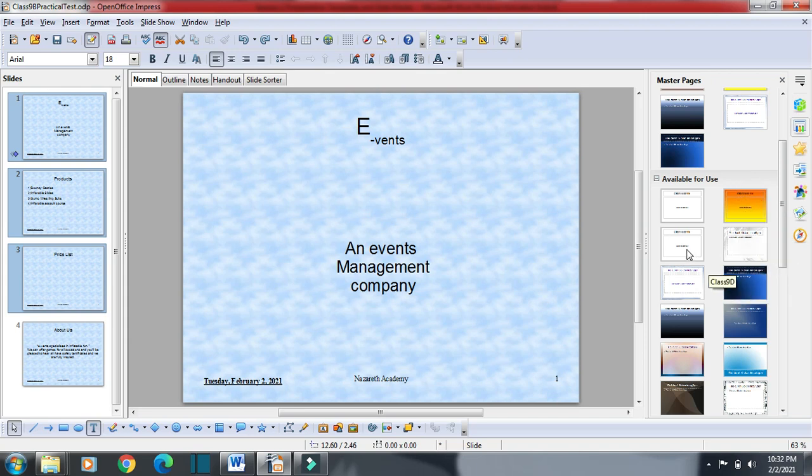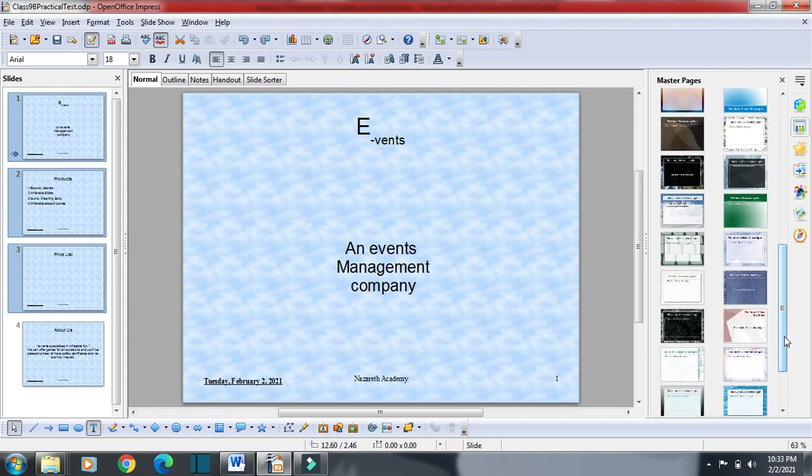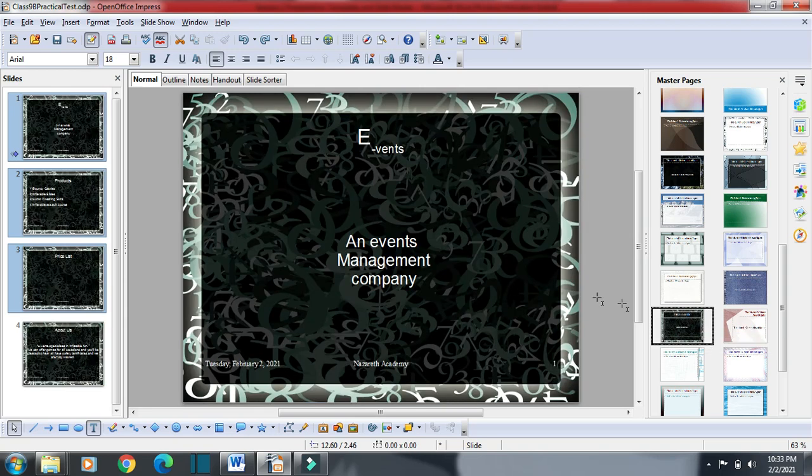Okay, class 9D is saved by me. So some of them I can save also as template, or I can go for pre-formatted and those which are previously available. Just I will click on any of the slide master, it will get applied to all the slides. You can see I just clicked on one slide master and it got applied to all the slides at the same time.